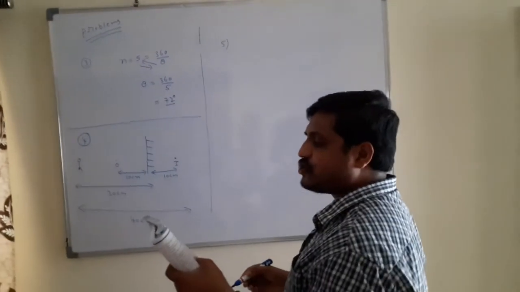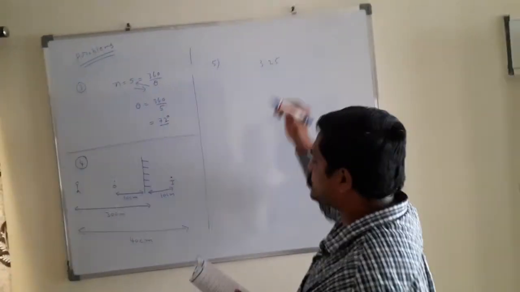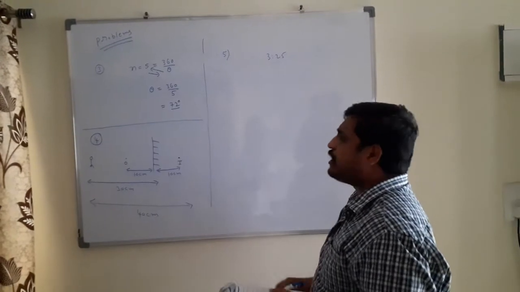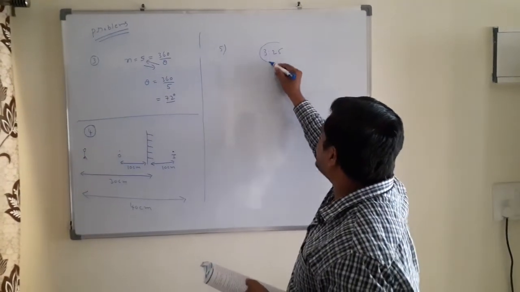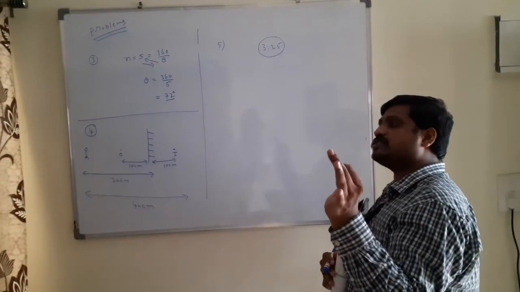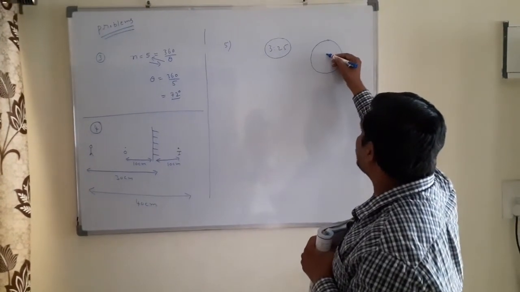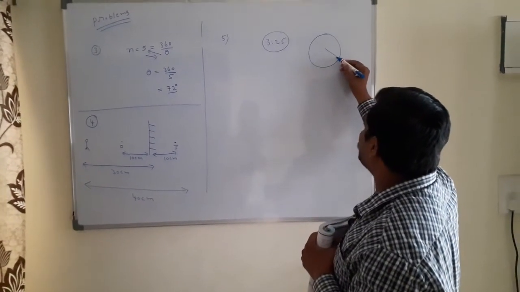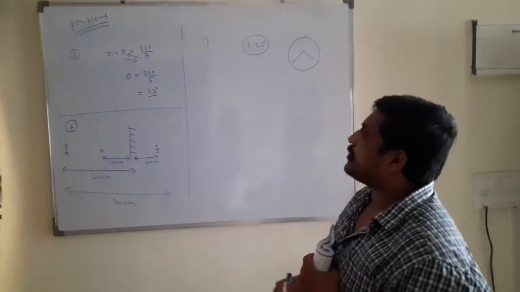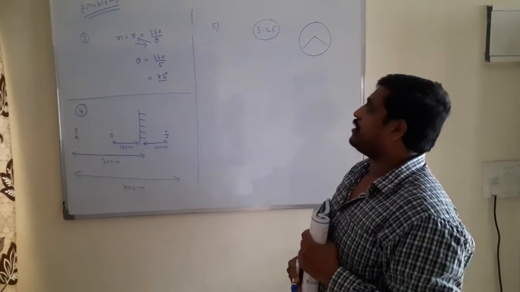Next, the question number is 5. A watch shows a time of 3:25. When seen through the mirror, the appearing time is what? Already yesterday I discussed the plane mirror. The image is laterally inverted. Laterally inverted means left becomes right, and right appears left. That is a basic phenomenon of the plane mirror.